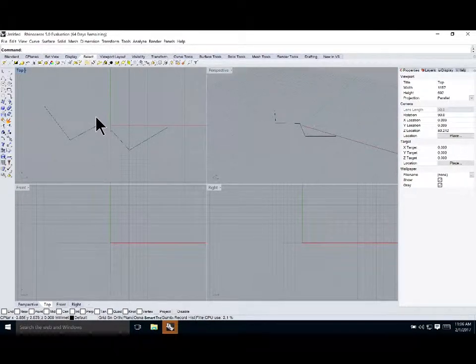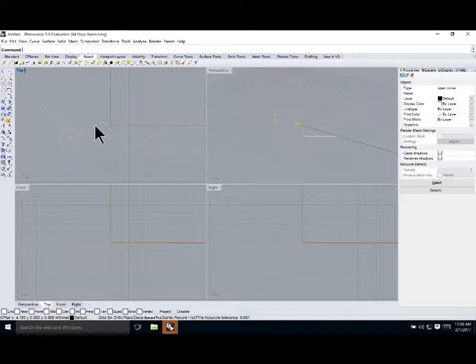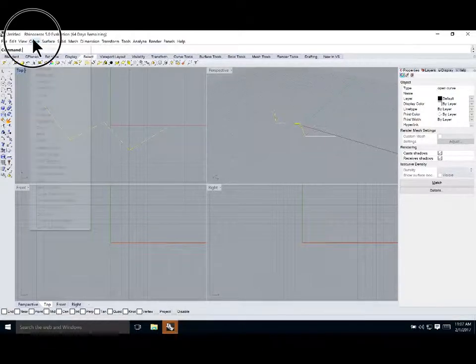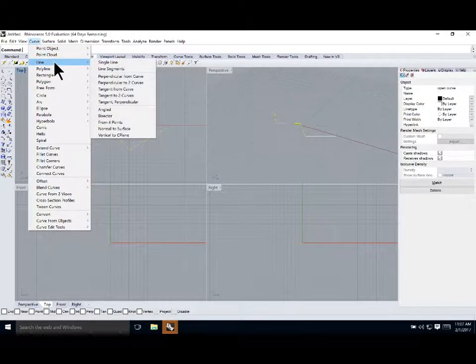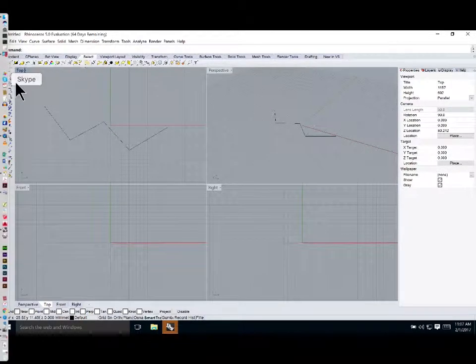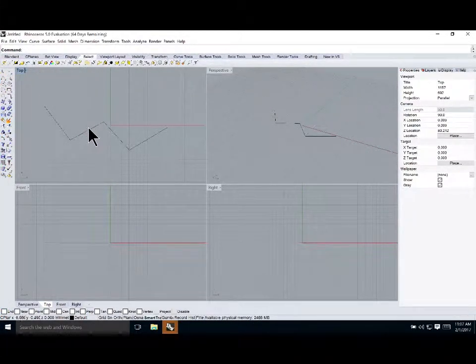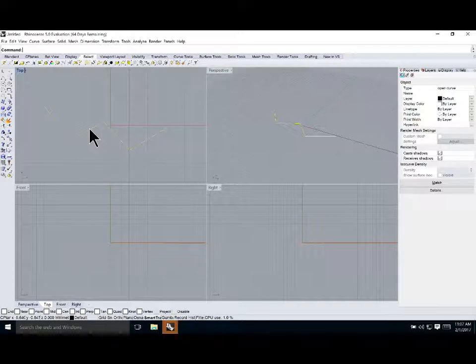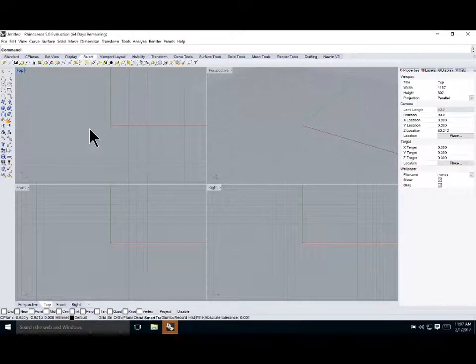And beyond being able to initiate commands, the command line matters even if you're clicking through the menus. I could go to curve and click on line, and then there begin to be many options for how to draw even a simple line. Or if you're clicking on the icons, it's still very important to keep an eye on what's happening in the command line. So if I just hit